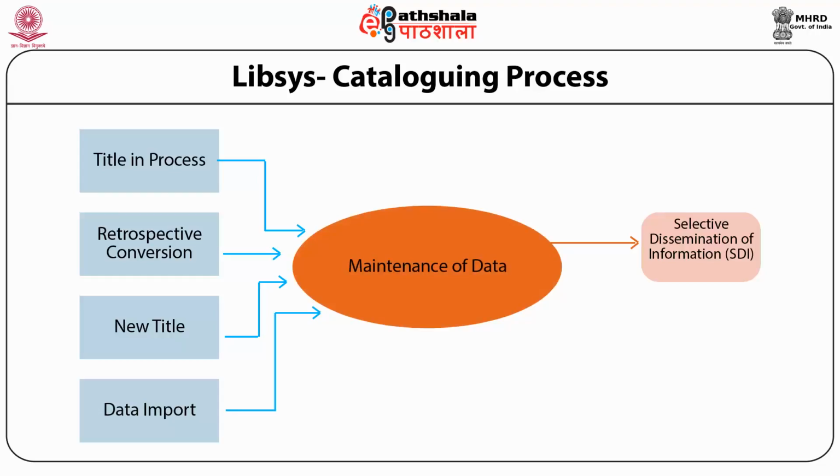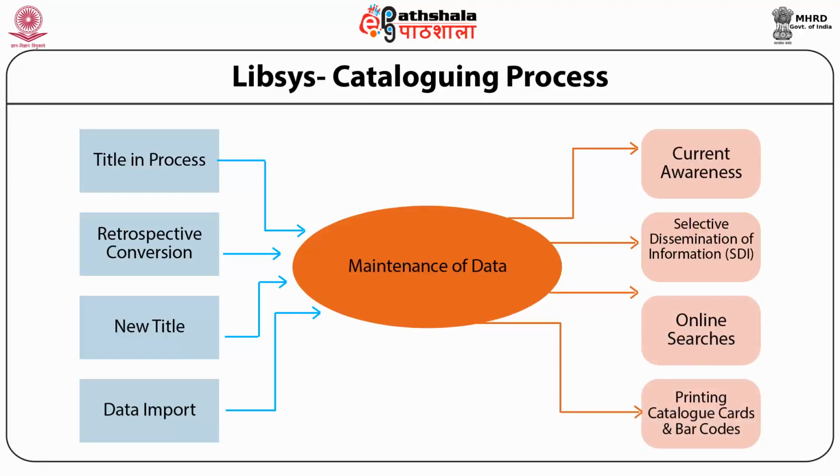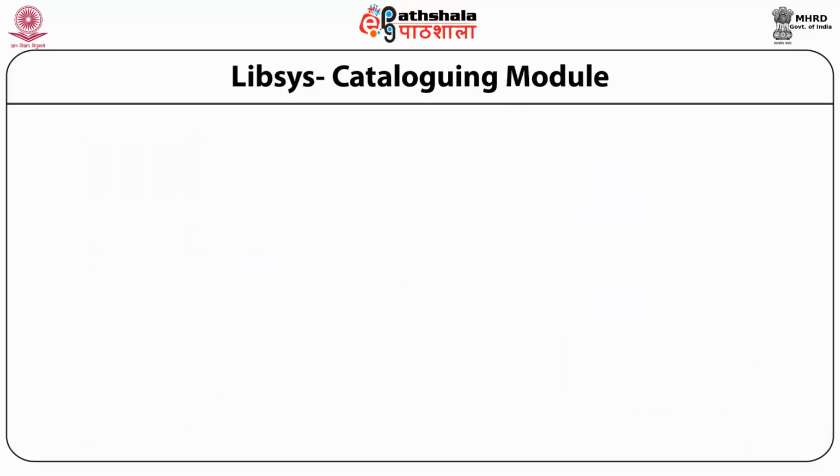It also provides services like current awareness, SDI service, online searches, and printing of catalog cards and barcodes. The screen table shows certain functions which are necessary for maintaining the library catalog, like the main functions are title in process, enter title,